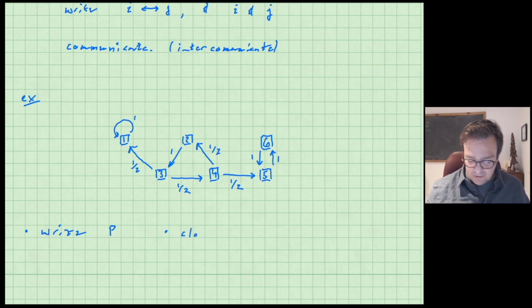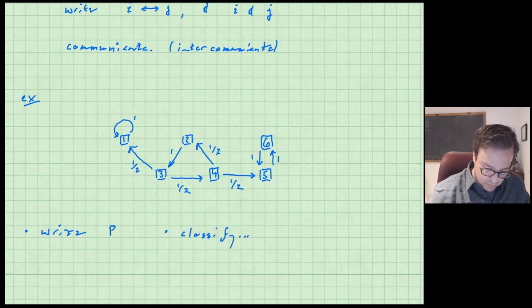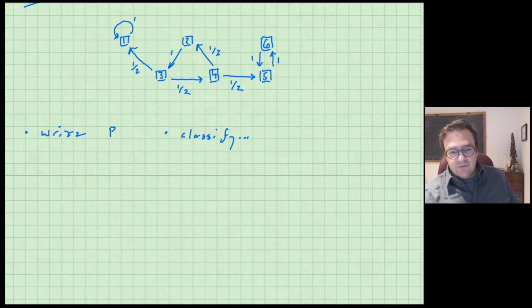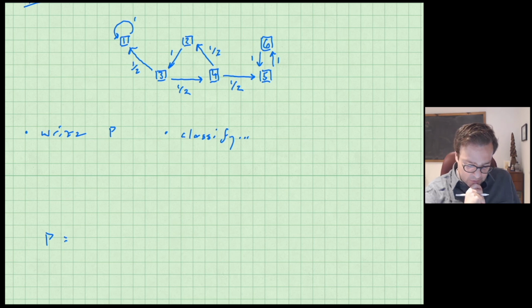I'll put that vaguely, and then I'll tell you what I mean by that when we get there. So first, let's try to write down P. Now, how many states are there? There's 6, so this is going to be a 6 by 6 matrix. And again, I think we should start with rows. So we'll start in row 1 like this, and ask ourselves,